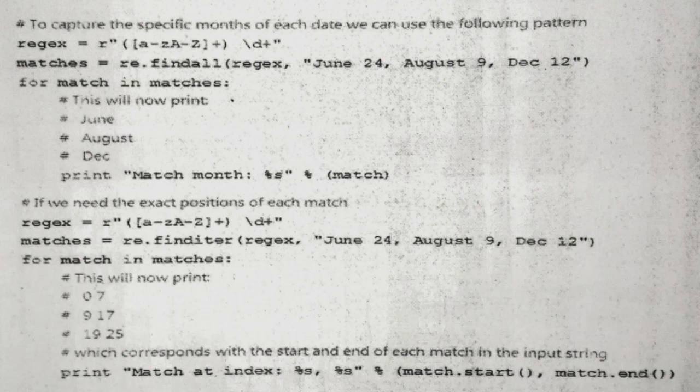So we will have the result as June 24, but from this result it will group only characters, because they are specified inside the round bracket. This is the reason why, if we write the plus and A to Z range inside the round bracket, it will group that much content from the result. So we got the result as June space 24, but it will take only the group of characters from the result. So this is the meaning of this. The remaining code is the same, but the output you will get is June, August, December.